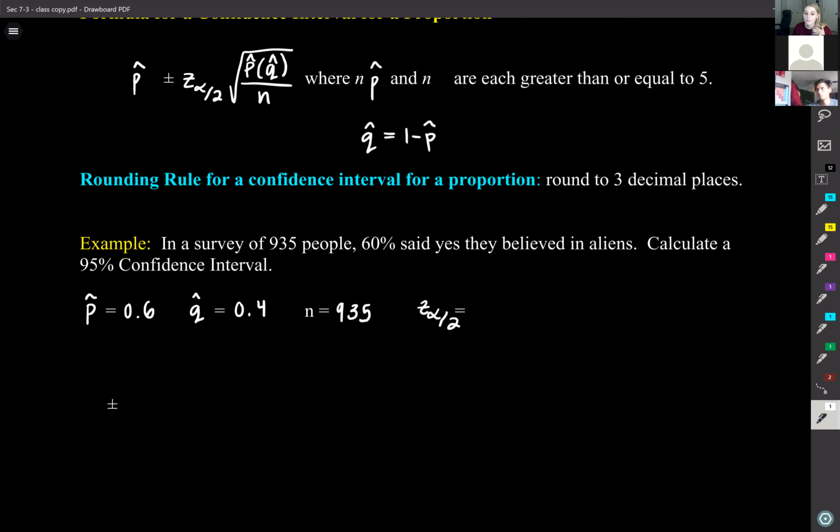And then when we do proportions, we use the Z sub alpha over 2. So we're looking to those values that we defined, I think, in section 7.1. So I'm just going to write these down as a refresher. So we know that if it's a 90% confidence interval, we're using 1.65. And then if it's a 95% confidence interval,